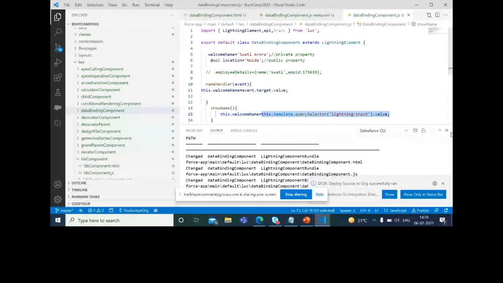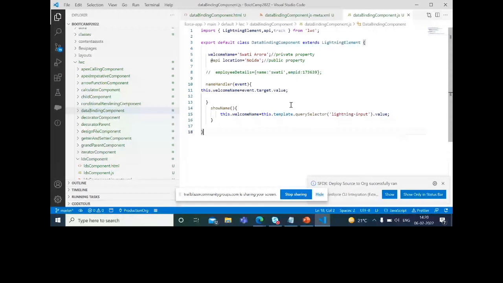But suppose there are multiple text boxes. Before going to that, I should explain this event to you. This event is a very important parameter. It will help you access lots of utilities from the component which is firing the event. You can capture the value of that component. If that component is a checkbox, you can check whether it is checked or unchecked. You can also capture the label of the components. So there are lots of utilities of event.target.value.